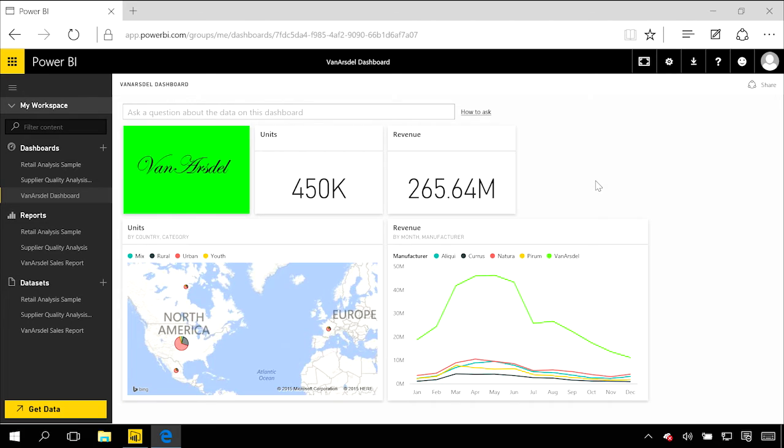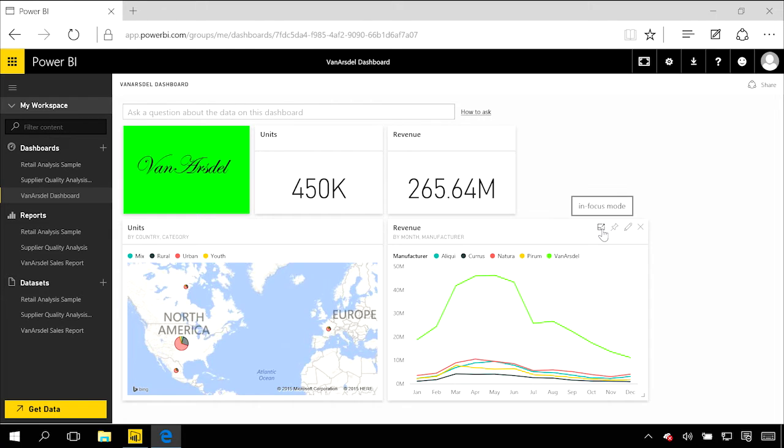When you're looking at Power BI dashboards or reports in the service, it can be helpful to focus on an individual chart or visualization at some times. And you can do that in two different ways, whether you're on the dashboard or on the reports. When you're on a dashboard, hovering over one of the tiles gives you a few different options.